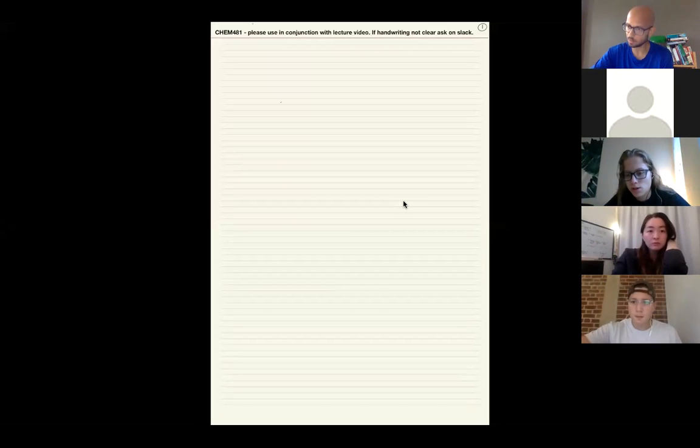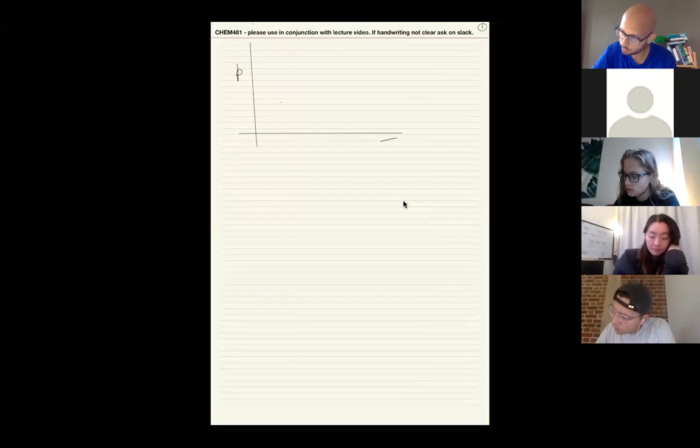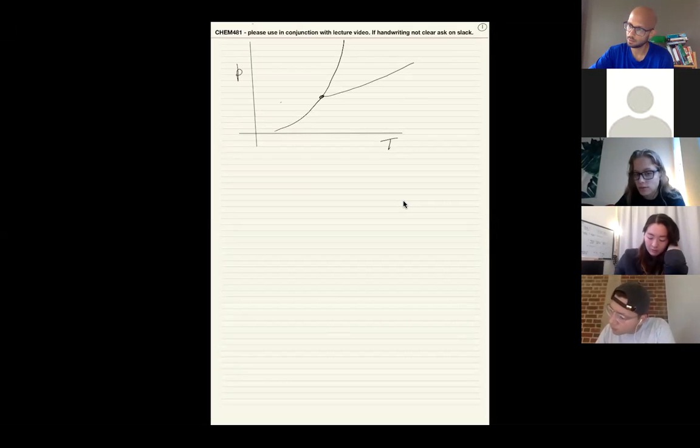What we did last time, and in the last few classes, was talk about a pressure temperature phase diagram, which looks something like this. There is a solid liquid line which is very steep with a positive slope. There is a liquid vapor line which is somewhat steep, and there is a solid vapor line which is also somewhat steep. So this over here is the solid, this over here is the liquid,